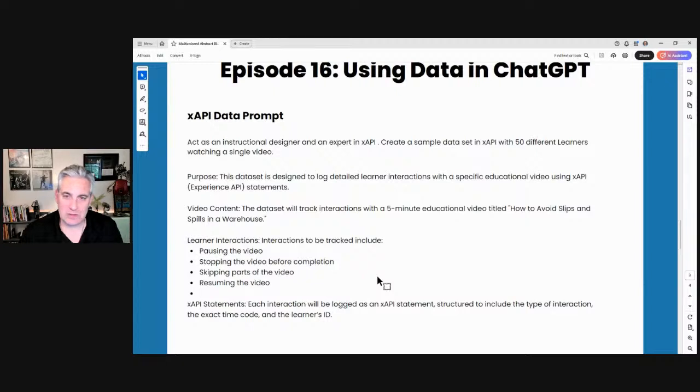And so, sometimes when you're working with xAPI, maybe you need just some sample data, like your app isn't hooked up yet, it's not returning statements, or you just don't have individuals that are testing the app. You don't have enough people to actually return the data back if you're building a dashboard or anything like that. So why not get a sample data set? So in this particular prompt, what we're going to do is create xAPI data,